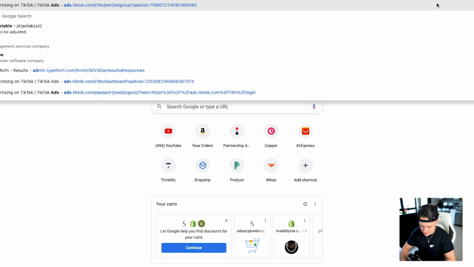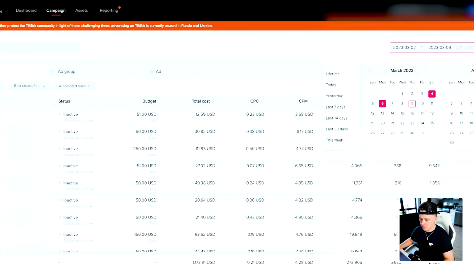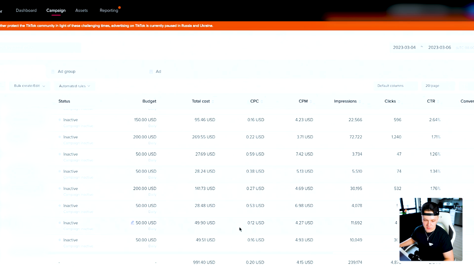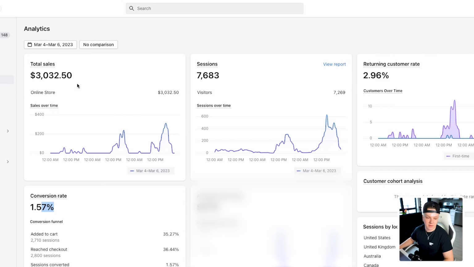If we go ahead and look at my TikTok ad manager, just so you guys can see how much I spent in ads in order to do this type of revenue, right here, the 4th through the 6th, let's see how much we spent. So we spent about $991 in total ads. So that's about $1,000 in ad cost. Out of this, we have probably another 20% of that total gross in product cost. That equals a total profit of